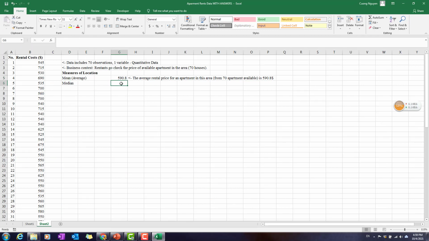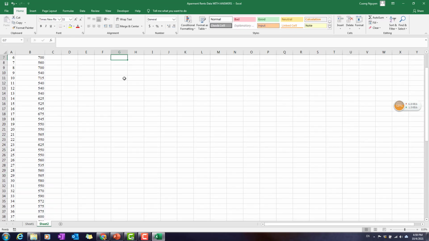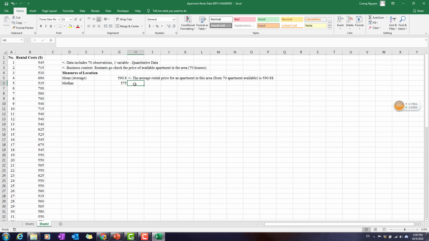So how can we do it? We just use the median function, and the same way, the same philosophy, you just apply it from B2 into B71, and over here I got 575. So what does it mean? It's going to be in the middle of the data set. So that means 50% of the apartments